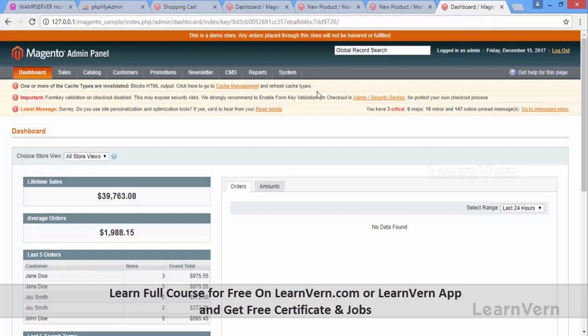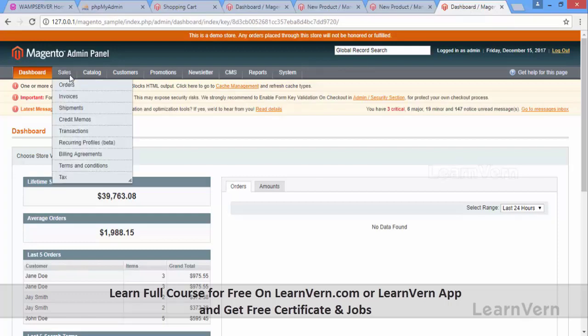Now, the type of extension you want to install and use completely depends on your requirements. Different stores can have different type of requirements. So, right now, let's see what type of module we are going to use. So, in our case, for example, after seeing the order life cycle, if you click on orders